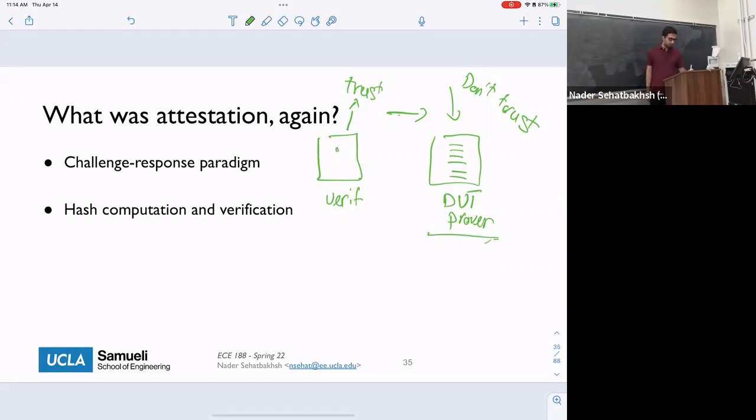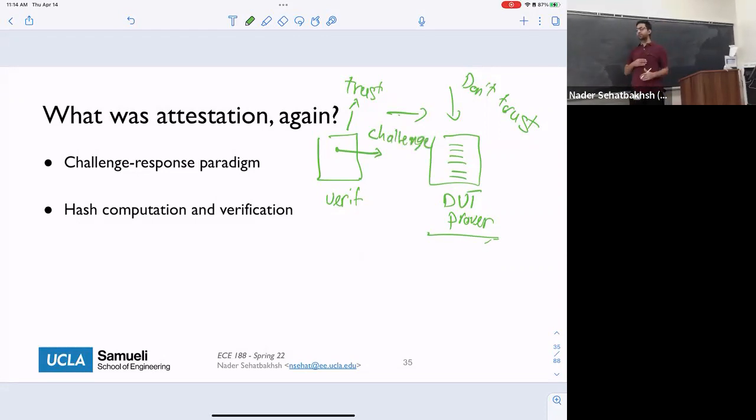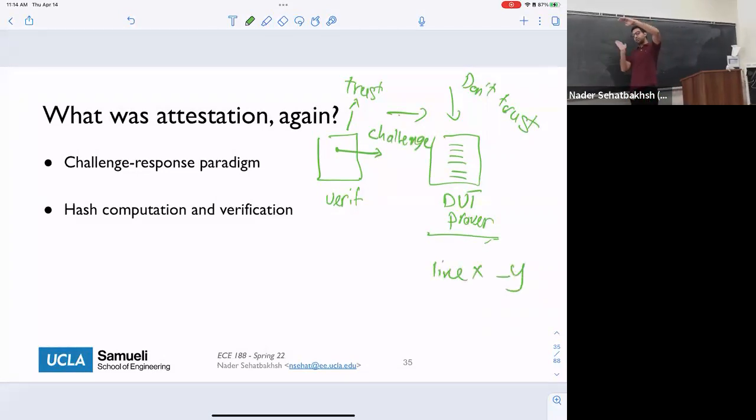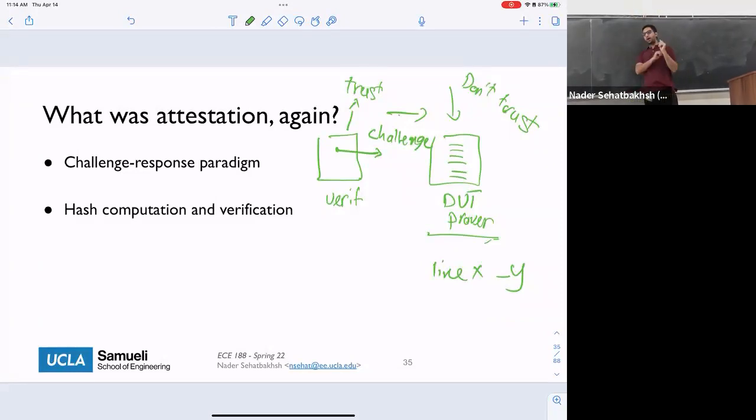The verifier sends what's called a challenge. A very basic challenge could be just a set of addresses. Basically, the verifier asks the prover, give me the hash code of line X to line Y. Just go into these lines of your memory, compute the hash, and send me back the hash.